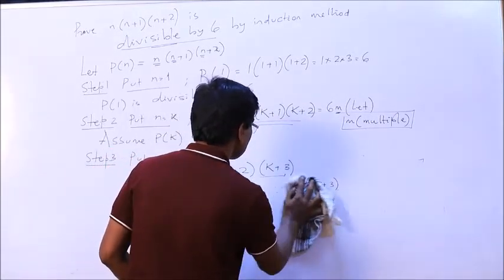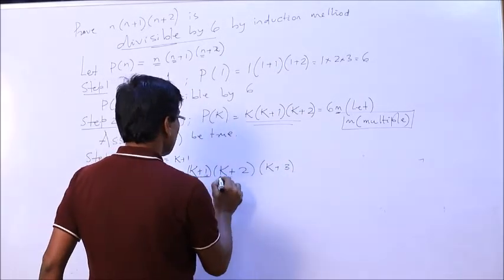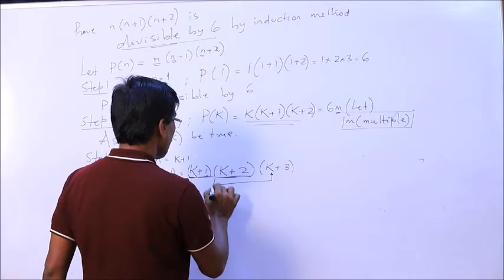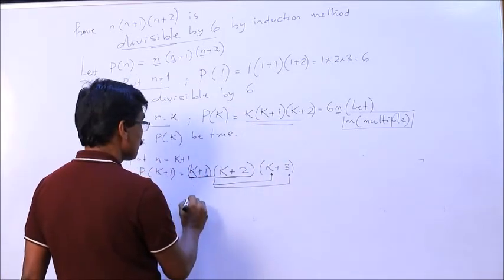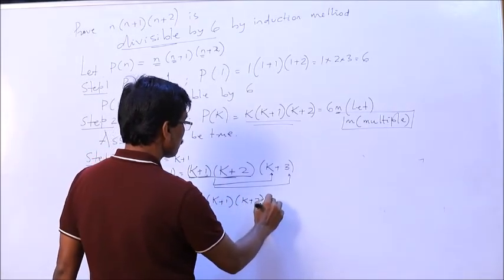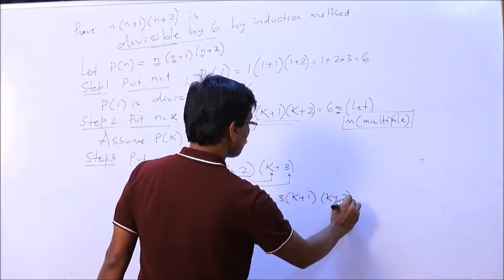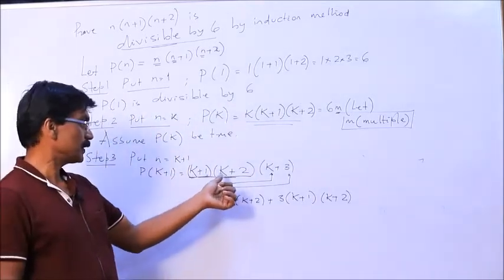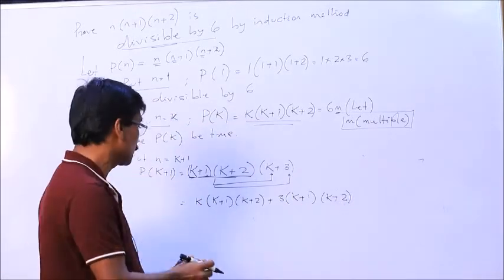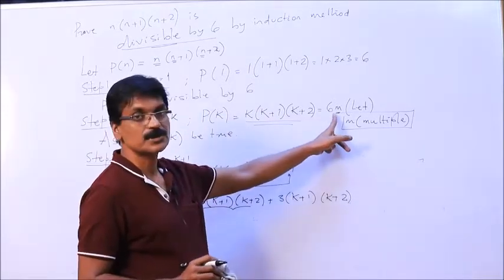We can do like this. k plus 1, k plus 2, these two terms with k and with 3. So, that is equal to k into k plus 1 into k plus 2 plus 3 into k plus 1 into k plus 2. Now, k into k plus 1 into k plus 2, we assume that is equal to 6m